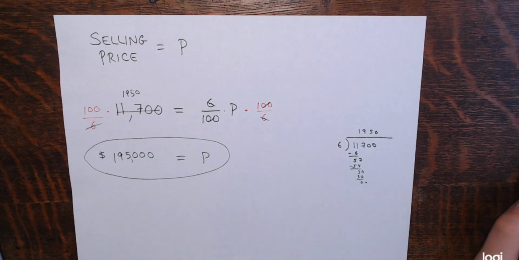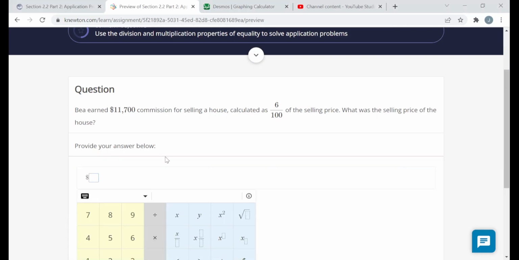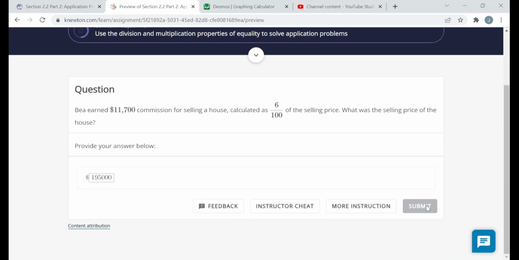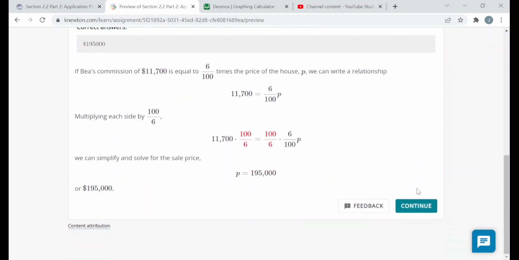Okay, and that's what I'll enter. So we got, and they already had the dollar sign, right? Don't need to add that. So $195,000. There's the selling price of this house if she earned 6% of it, and it was 11,700. All right. All right. Next